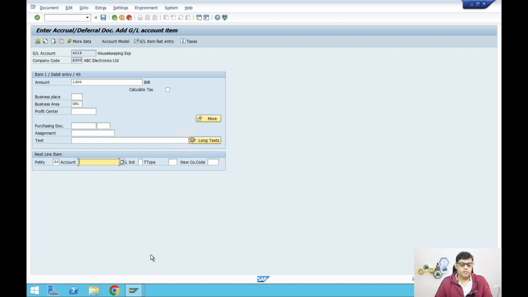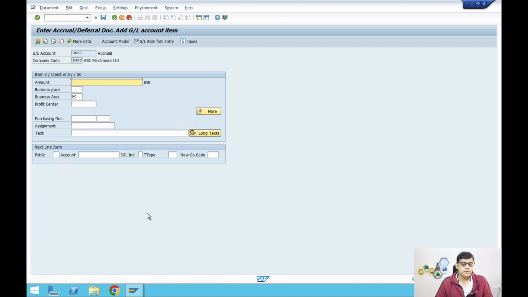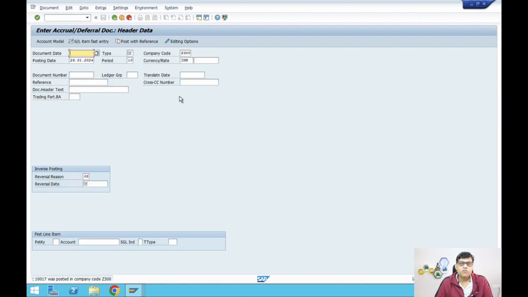My outstanding account, I will show you this document. I will show you this report also. Then complete this entry, so credit and the business area. Okay, so you can simulate and you can post it. Now this document is posted, I can see the document number 10017 posted, but this is not your actual entry, this is the actual accrual entry. Suppose I want to see this particular one in the system, then how can I see it?